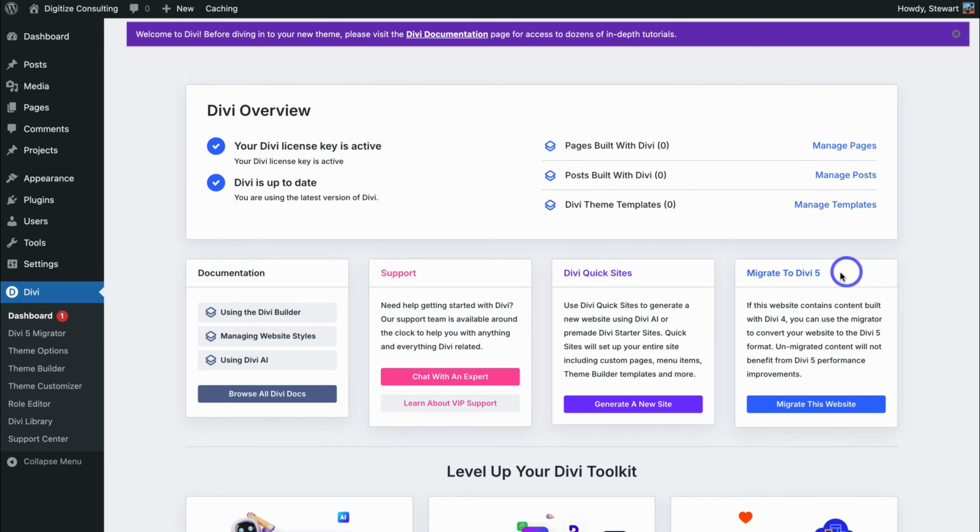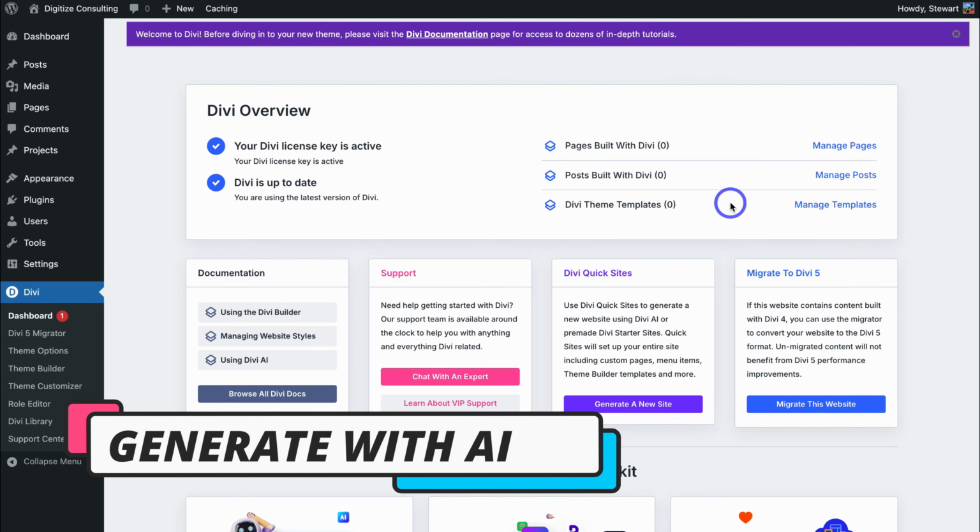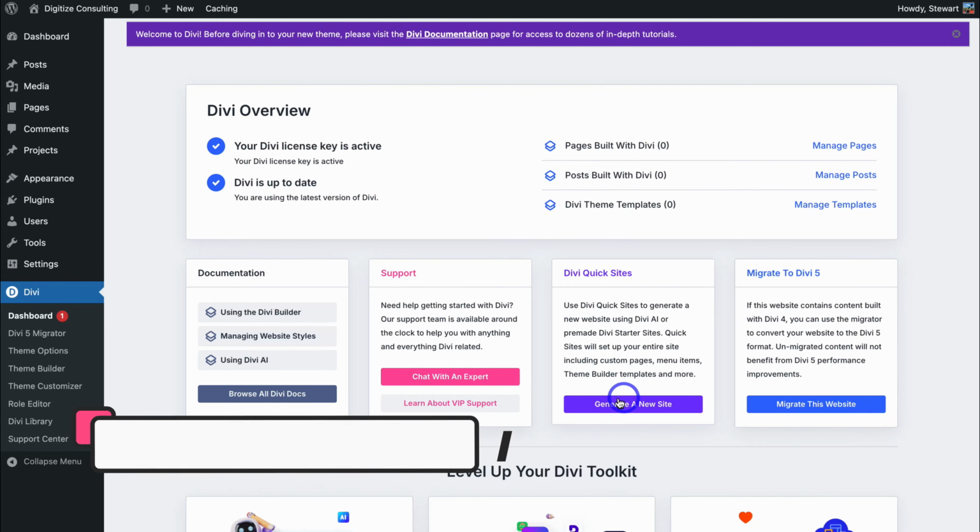Then what you can do is migrate your website over to Divi 5. This will migrate your existing content that you built using an older version of Divi over to the format of Divi 5. Simply navigate through that process here. If we navigate up here, you can see that 0 pages and posts are built with Divi, and we're currently using 0 templates. Now before we dive into the Page Builder, let's go ahead and generate a new website using